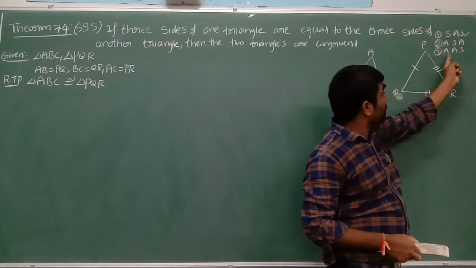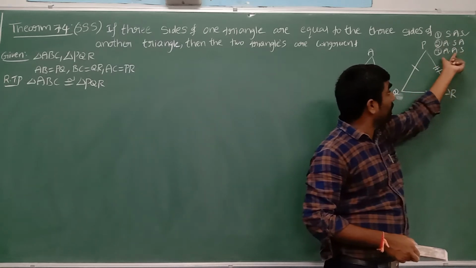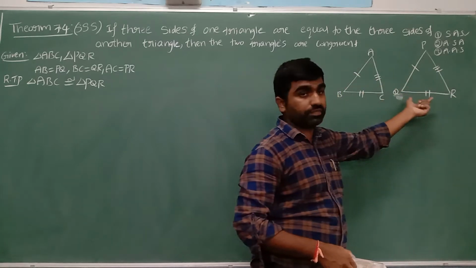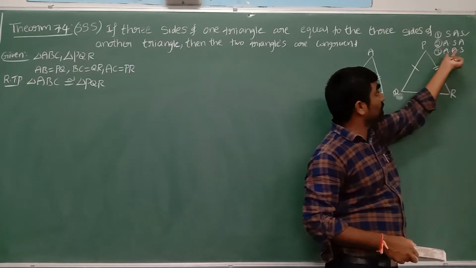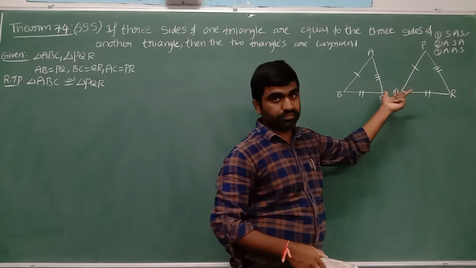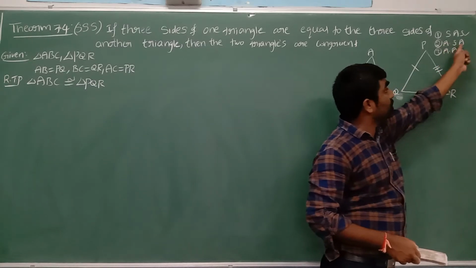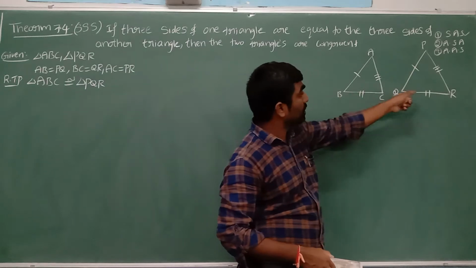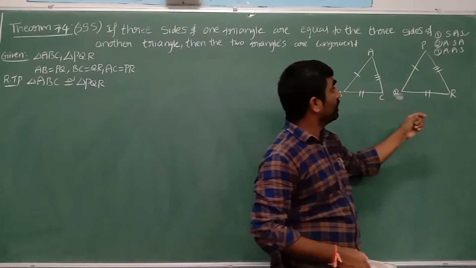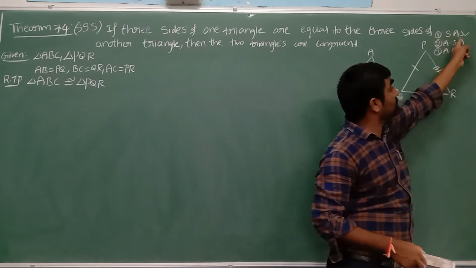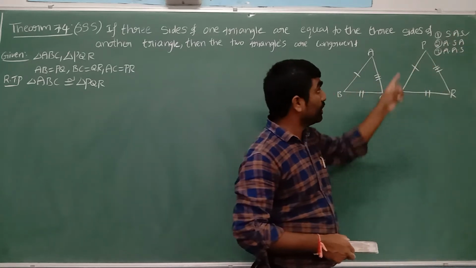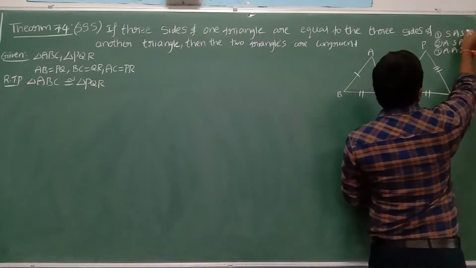Now if I want to take the help of angle angle side, here no angles are equal. If you want to take the help of this, I should prove two angles are equal. If I want to go with angle side angle, here also I want to prove two angles are equal. Here no angles are equal, we have to prove. If I take the help of SAS, only one angle we have to prove equal. Two sides are there. Better I will go with this. Why?